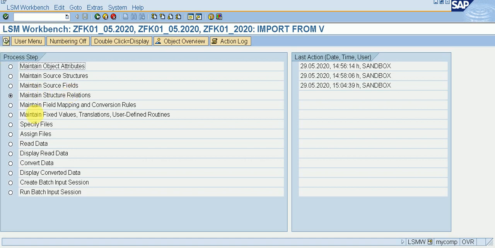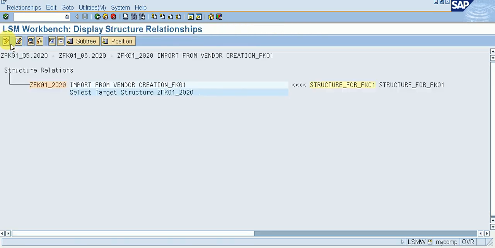Execute your fourth option, maintain structure relations. First option we had done, maintain object attributes. Then second option, maintain source structure. Then third option is maintain source fields, what we had done. Now go to maintain structure relation, then execute it, click on display change, and then save it.